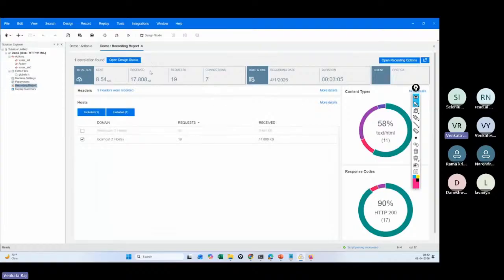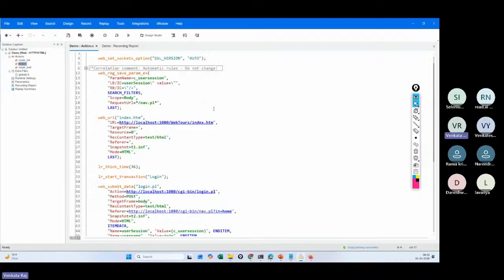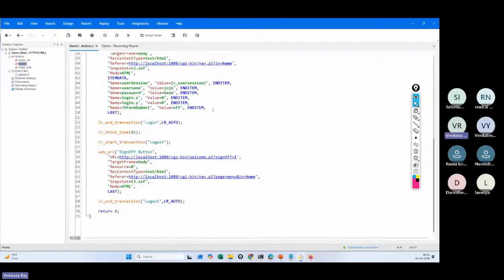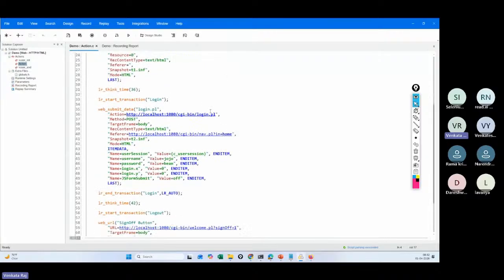So this is a recording report. So we will look into this later on. So let me go to the script directly. So this script got generated, like around 60 lines of code got generated. Very easy to understand. If you see line number 33,